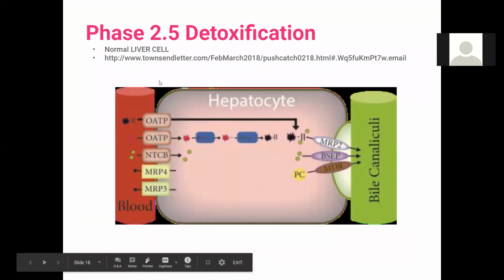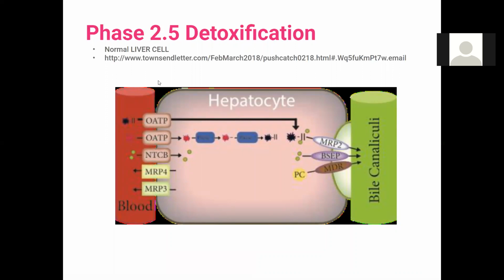Okay, so the next thing we have to consider is the removal of toxins through the detoxification pathways. And I am proposing here to research the phase 2.5 detoxification. This is new information. It was published in the Townsend Letter. It was produced by Dr. Kelly Halterman at the IAACN this past fall. And what she was saying was that once you have toxins that are being processed by the hepatic or the liver cells, you've got three primary protein transporters,